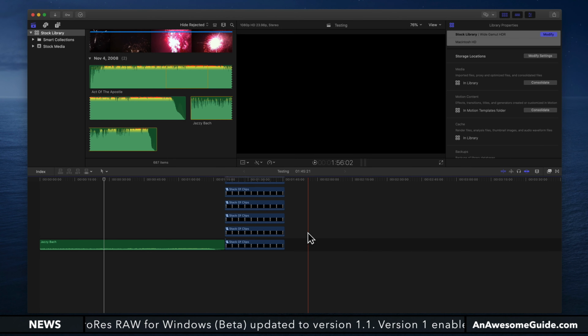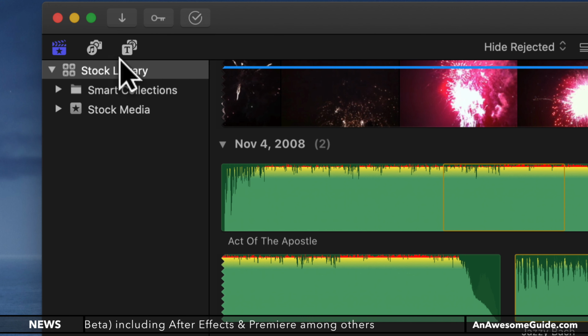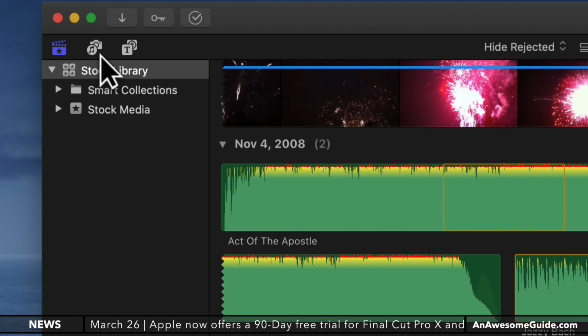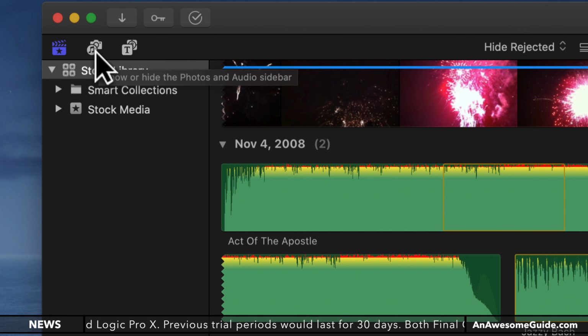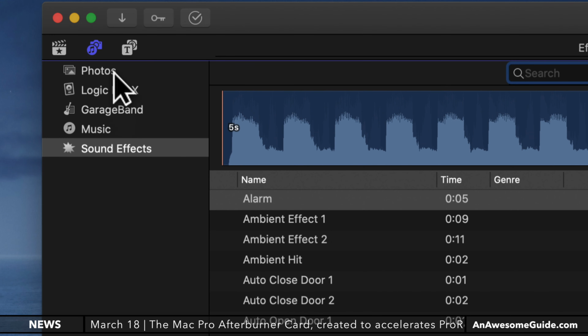Now, where is the media browser inside of Final Cut Pro 10? If you go up to the top left corner of the browser, we have a couple items here, and these two tabs essentially let you browse the media. There's the photo and audio sidebar here, which goes into apps like your Photos app or music. Apple Music is accessible there. And we also have GarageBand. The third one over goes into titles and generators, but really this middle one here, this is your media browser,